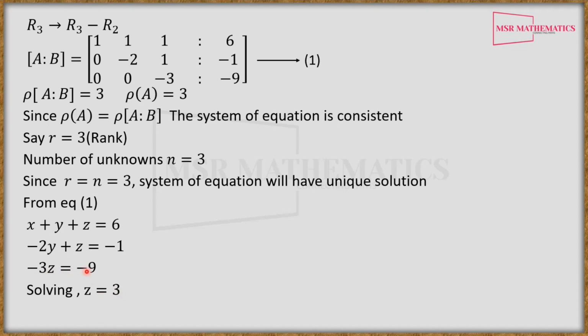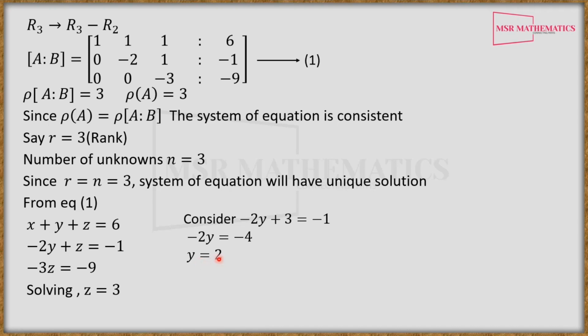Here minus 3z is equal to minus 9, the minus signs get cancelled, z is equal to, if 3 goes to the right hand side, that becomes 9 by 3, hence we obtain a z value as 3. Once you obtain z as 3, substitute this value in the second equation and we get the value of y. With the help of y and z, we substitute in the first equation to obtain x. So consider the second linear equation, minus 2y plus z, where z is 3, is equal to minus 1. So we get minus 2y, taking the value to the right hand side, minus 2y is equal to minus 1 minus 3, which is minus 4, hence we get y as 2.